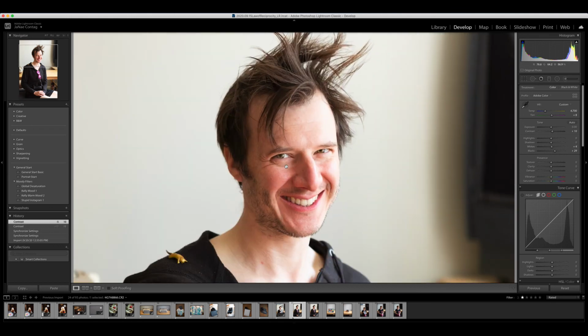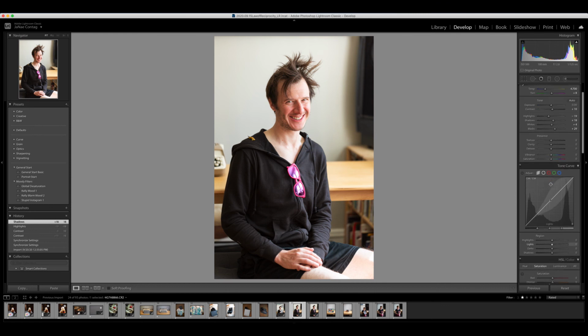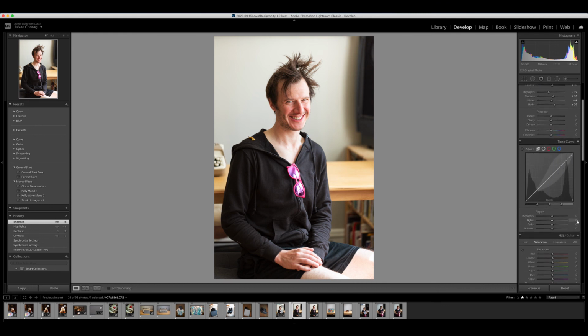Always make sure you're focused in on the eyes when you're taking a portrait. Eyes should be super, super sharp. I might pull down highlights just a tad to kind of save this side of his face. Might pull up shadows just a little bit to get a bit more detail in his jacket. And then hopping down to my tone curve, I'll add in just maybe a little bit of lights and then push up my darks a bit to kind of even out the left-hand side. And then shadows, I'm going to pull these down a bit